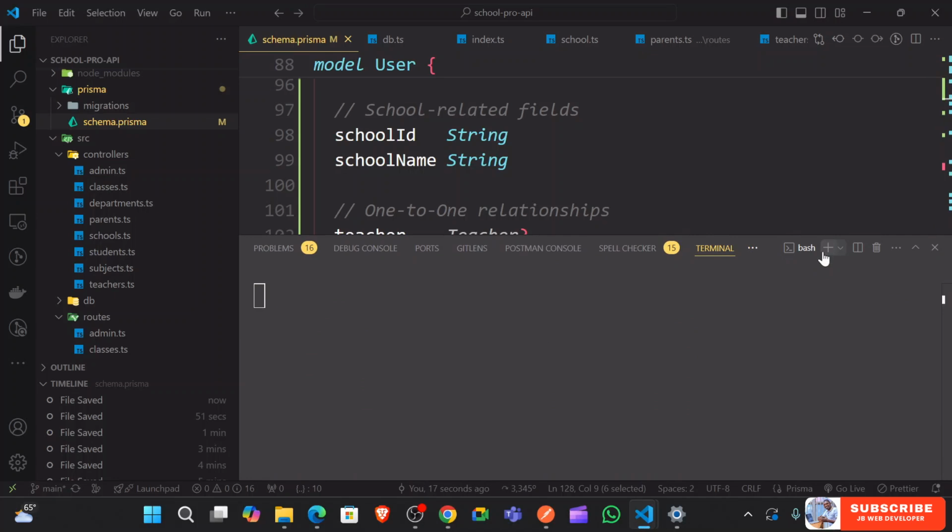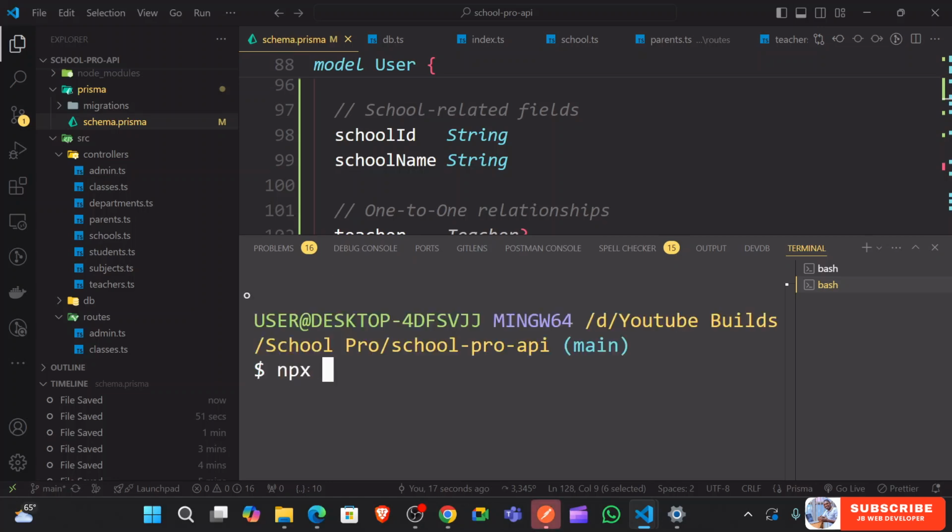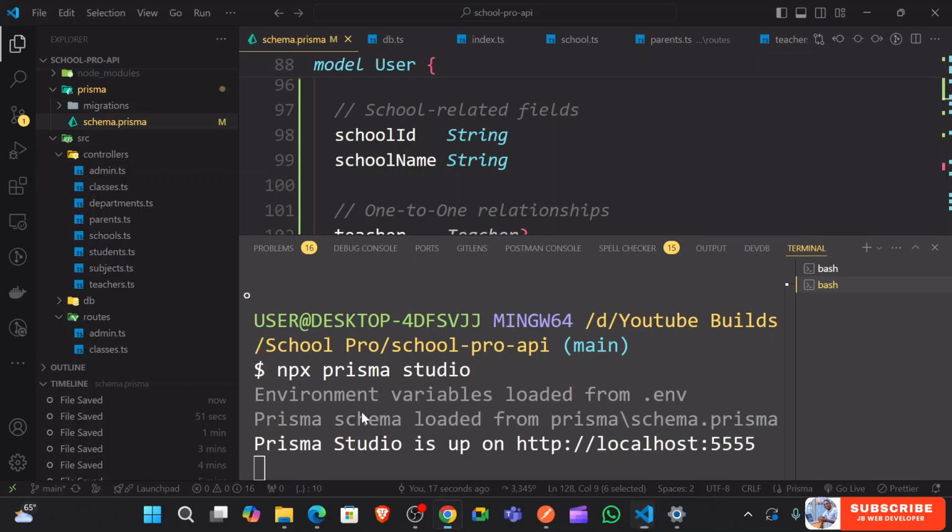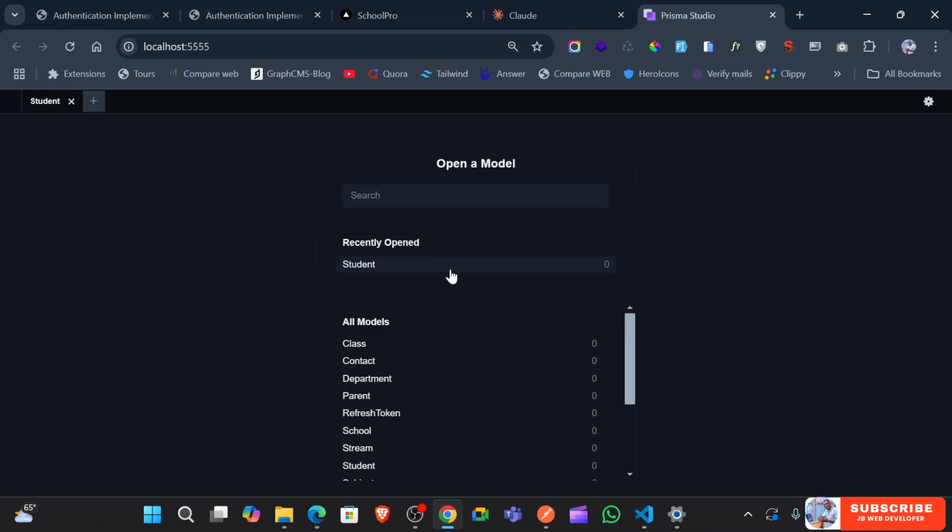Let me add another terminal, and I'm just going to say npx Prisma Studio. So I'm just going to start the studio, and the studio is going to help us to delete some of the data. So now we cannot have users